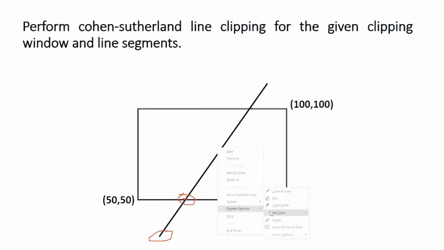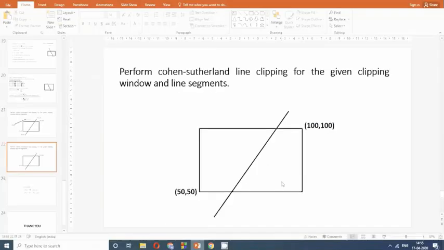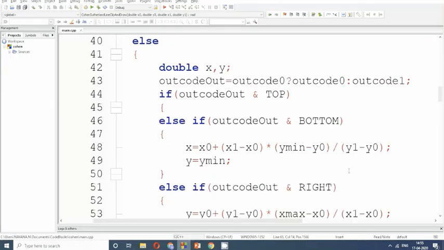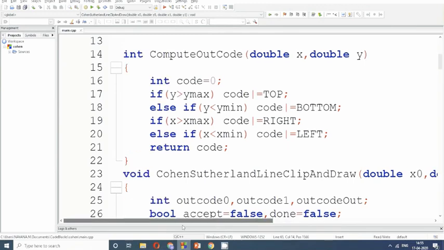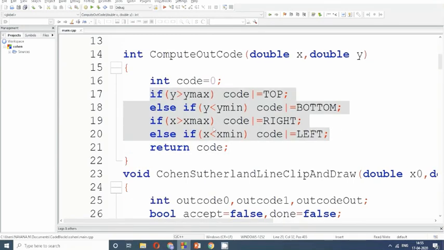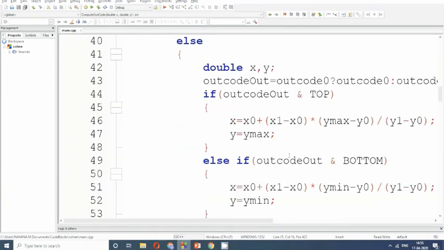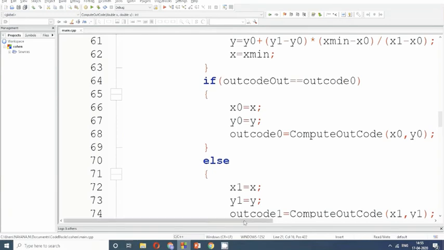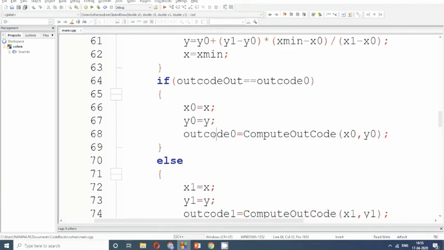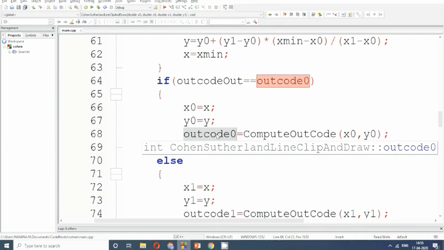Since it's inside the region, this updated x and y is inside the region. The conditions will be false for all of these. Since it's false for all of these, the default value that I have set for code, that is code 0, will be returned. So meaning to say, after clipping, if the clipped point or the intersection point goes inside the window, it gets 0 as the outcode.